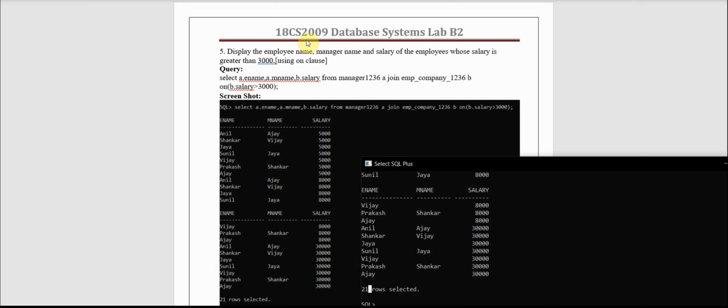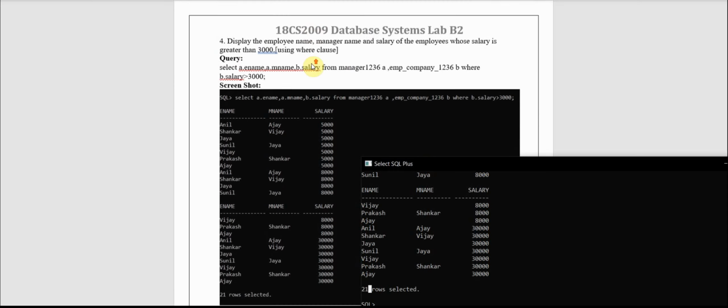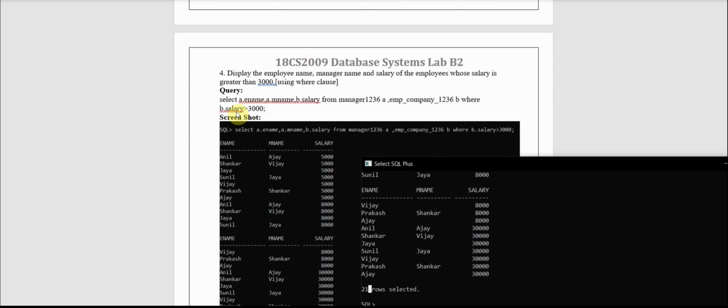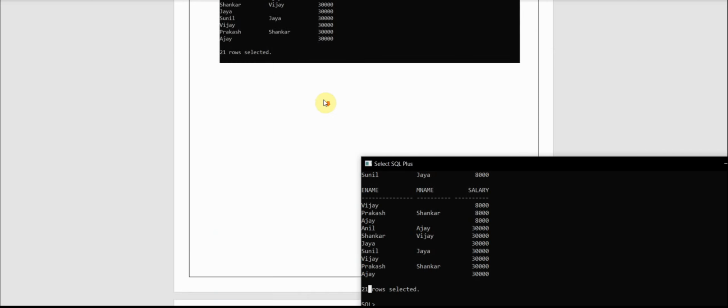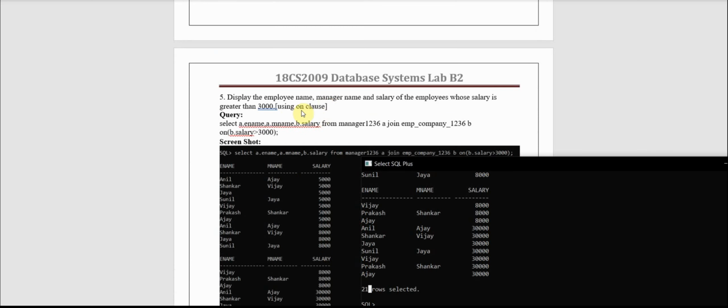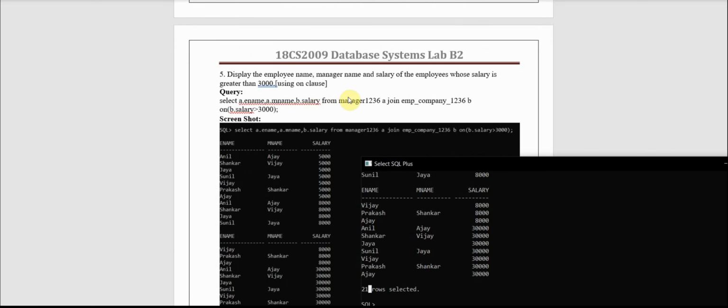Now we need to select those whose salary is greater than 3000, using the where clause here, and here using the on clause. Okay, the same thing but with on.